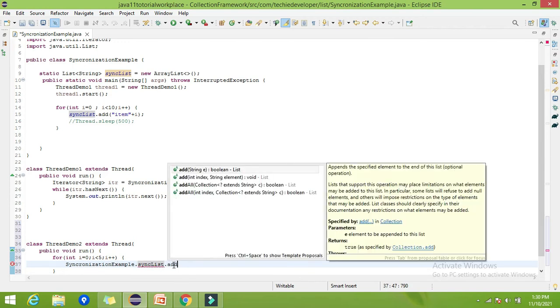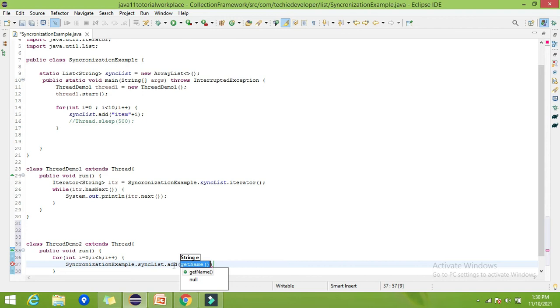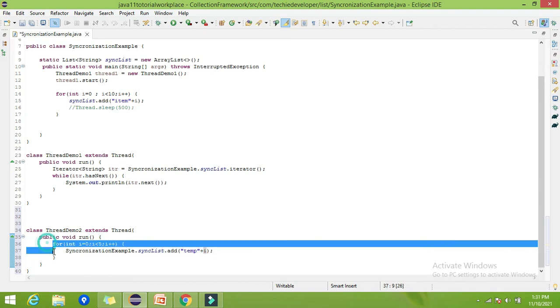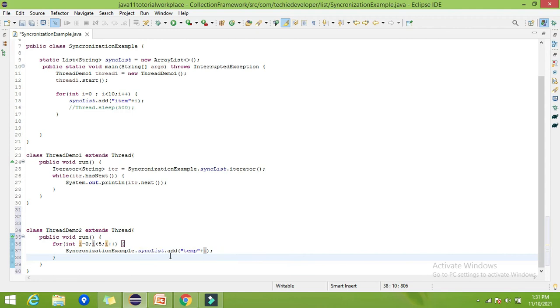Now I want to add the 5 elements by this thread into this list. Dot add. Now let's take another string so that we can differentiate. Let's give the name as temp and append the variable i. So it will add strings like temp0, temp1 up to temp4, because we have given less than 5. So it will add these new 5 elements into this list, right?